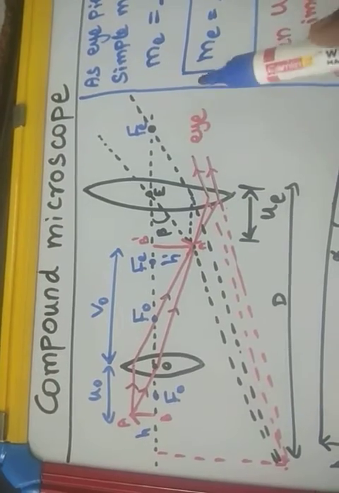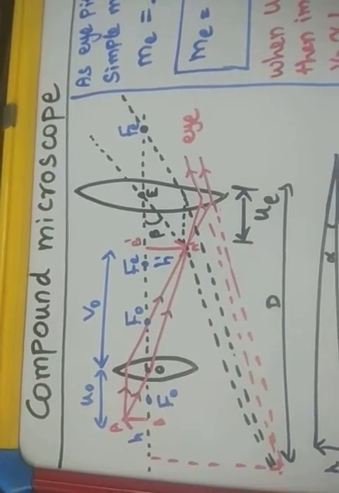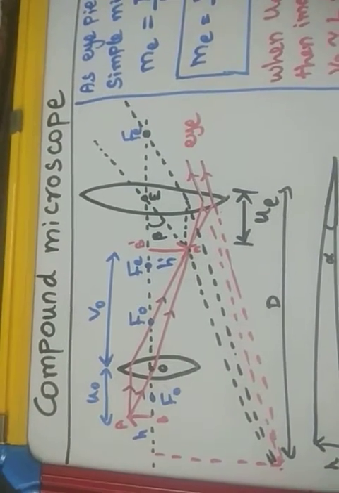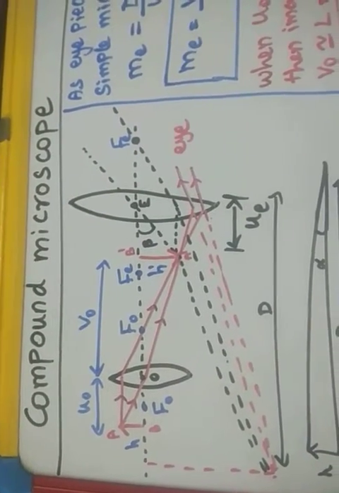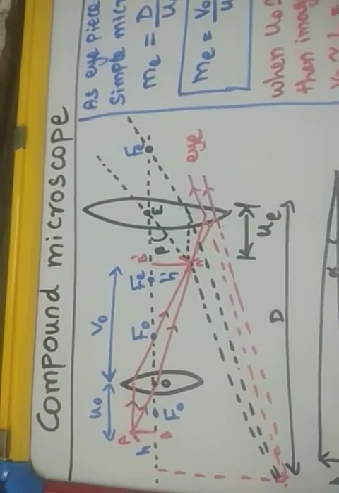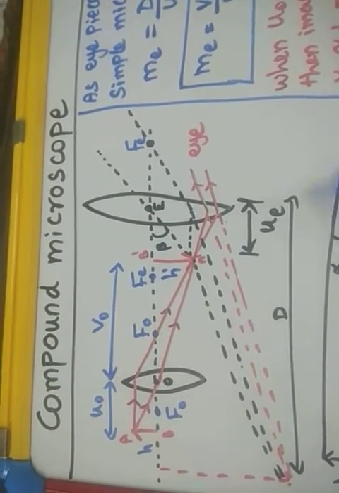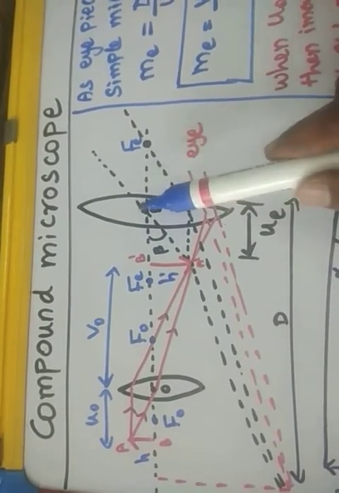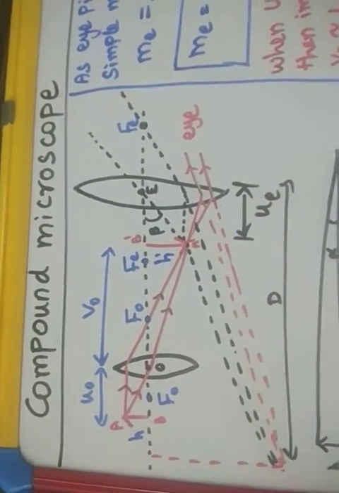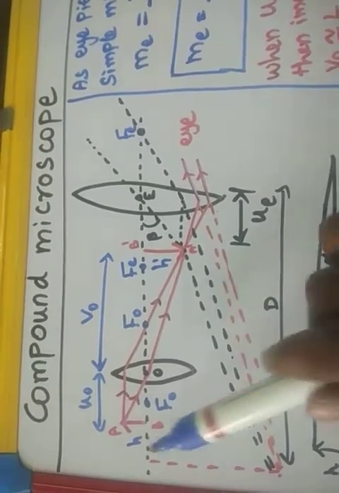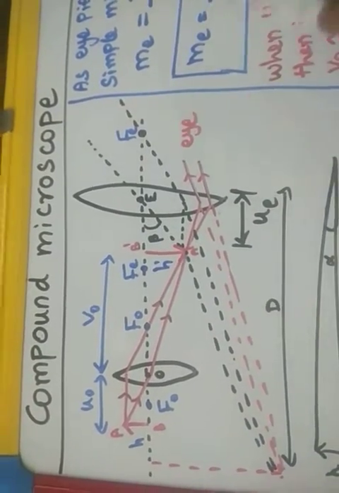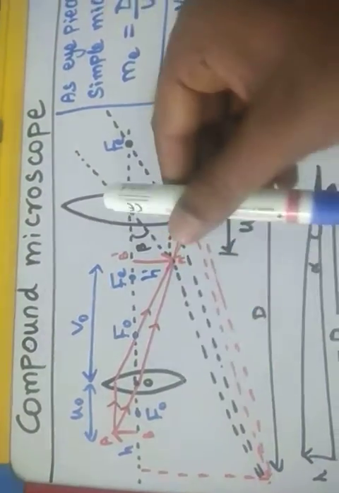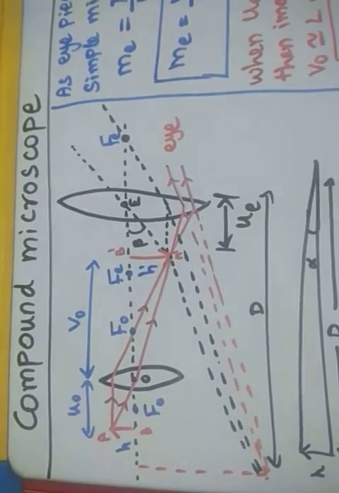Then our eye's convex lens forms a real and inverted image, and then the image will be erected. So likewise it will go. This is the principle of the compound microscope. The very basic principle is that the image will be formed within the focus and the optic center, hence it will form a virtual and erect image. Don't think that it is an inverted image. The object is inverted here, so the image is also inverted, which means this is the same erect image.